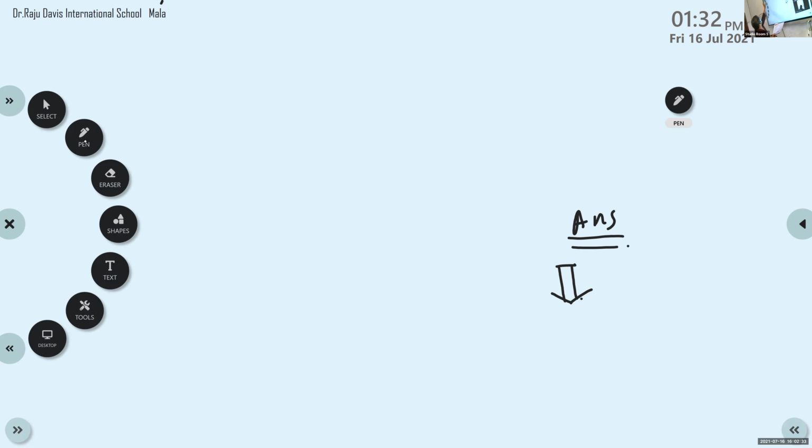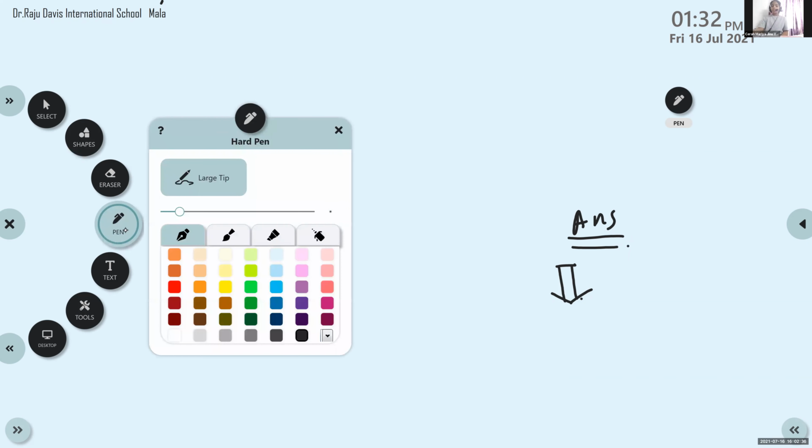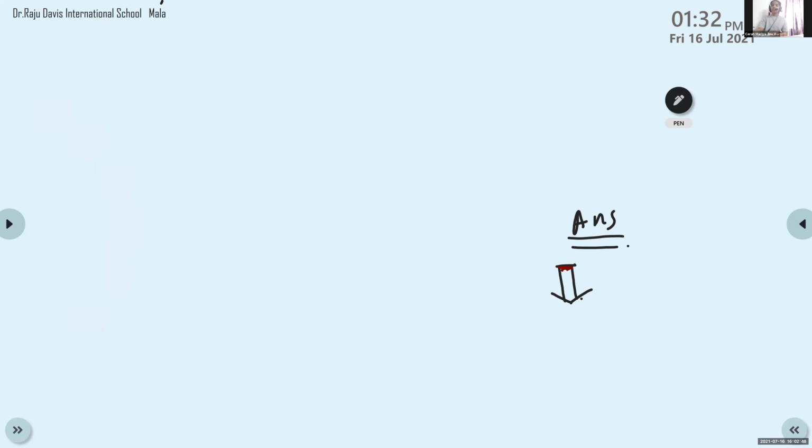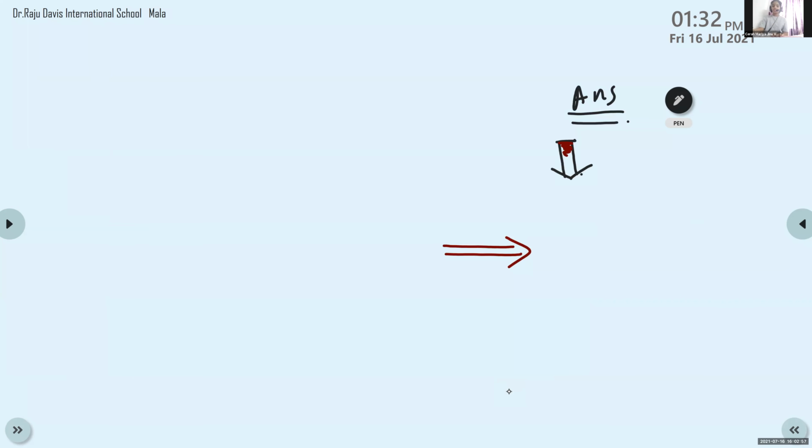Ma'am, can I ask one thing? Yes, you can ask any doubt. Ma'am, clockwise will come on the right side and anti-clockwise on the left side, right? Yes. Then how is this anti-clockwise? Because where is the arrow mark? It is starting from here only. What is the next figure? It is turning straight now. So it is coming like this only, not in this direction. If it was coming in this direction, the arrow mark would be pointing down. Okay, ma'am, I understand. See the figure, the basic figure given, you can see that.